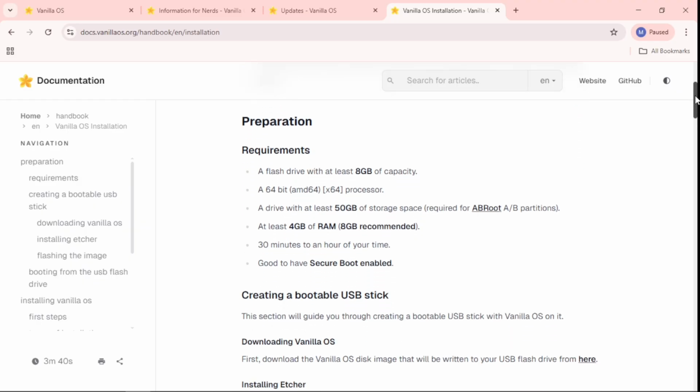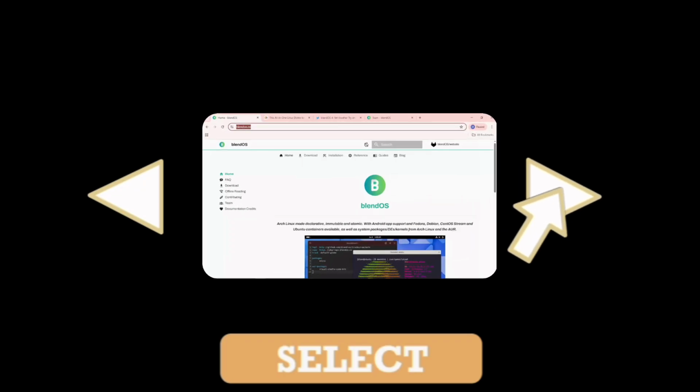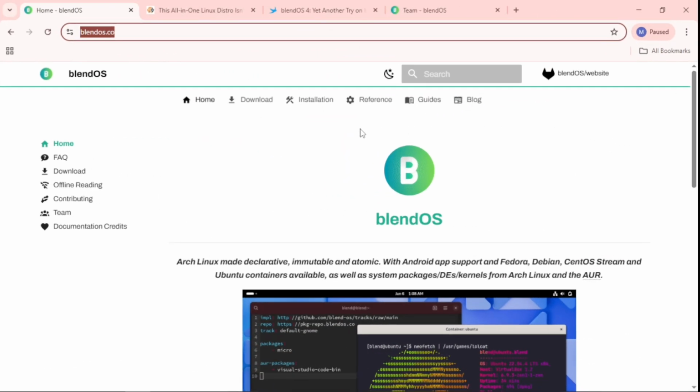The team removed mobile application support after discovering a security vulnerability it did not have resources to fix. The 50 GB storage requirement is the highest minimum of the 4 because 2 complete root partitions must coexist on the same drive. The teenager's variant takes the most technically advanced rolling release and makes it declarative through a single